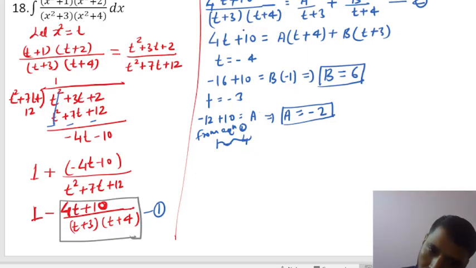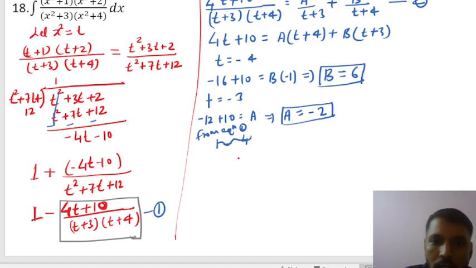So this part only we have a by t plus 3 and b by t plus 4. So now we can directly substitute the values and replace t with x square, means finally our integration will become now